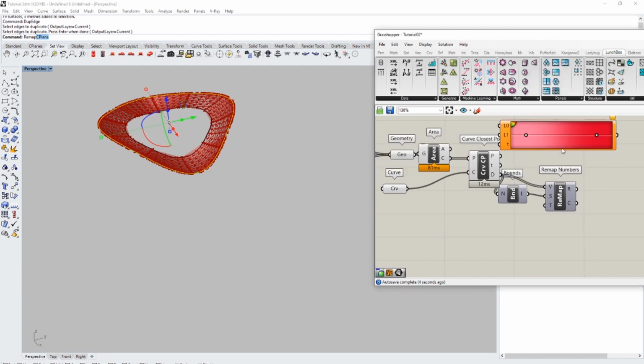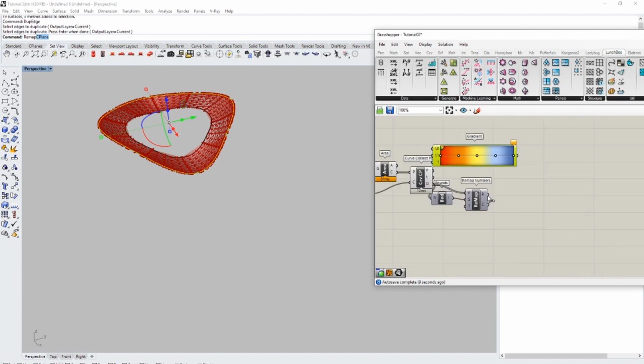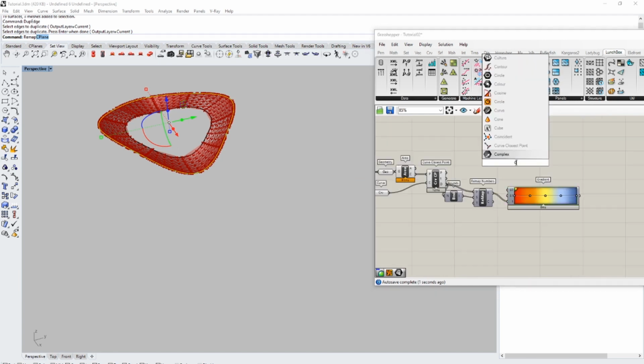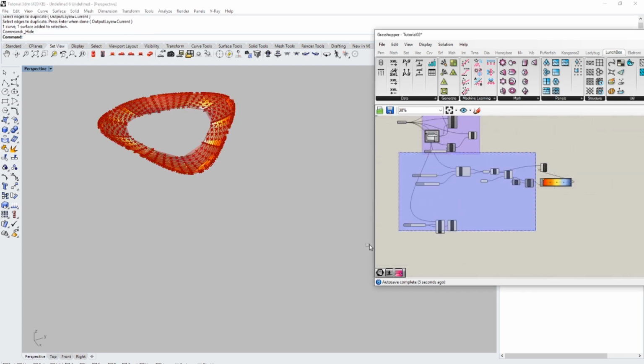So if I get this gradient, I get this color, and I plug the results in here. I can say custom preview, I put this material, and then I put those faces back there, and then if I hide this one, and preview off everything else here,